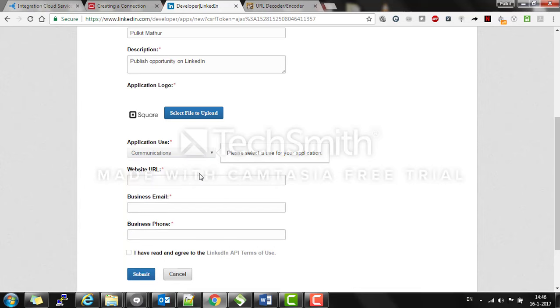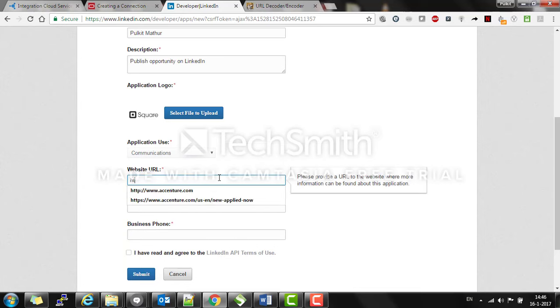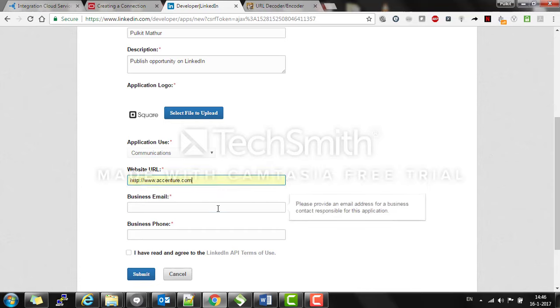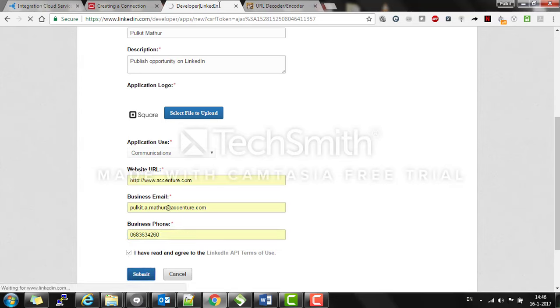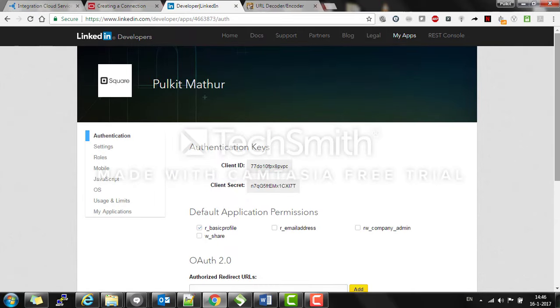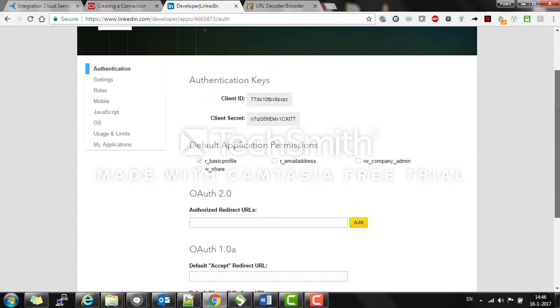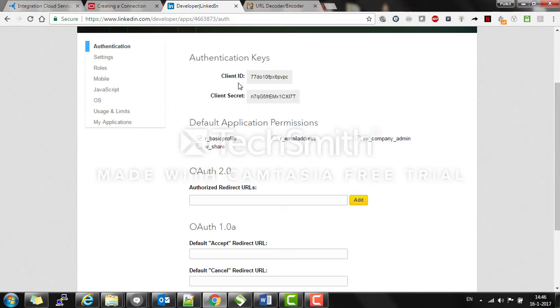Application use is communications, website URL. I'm just going to give Accenture here. Business email, I'm just going to give my business email and business phone number, and submit. So once you create an application, you are going to get 2 fields, that is client ID and client secret. Now these will be used in